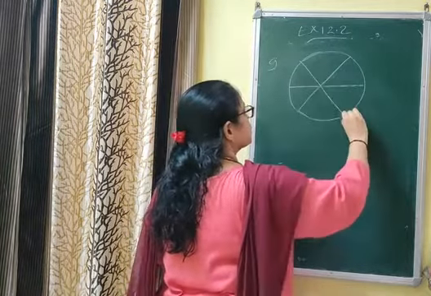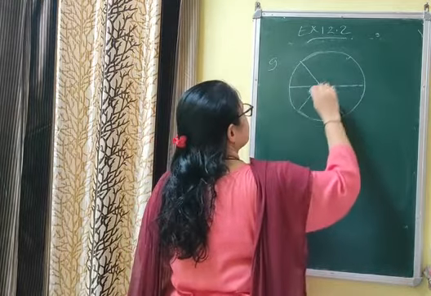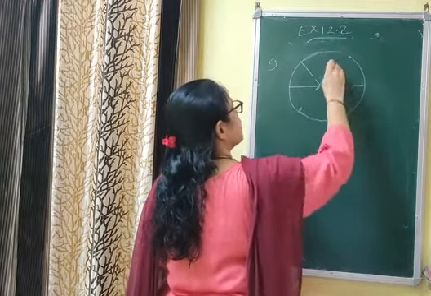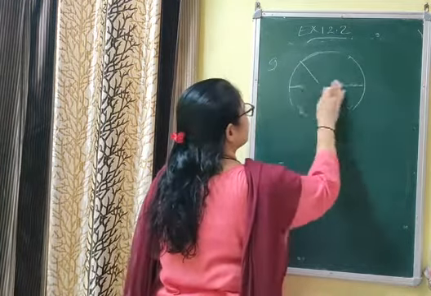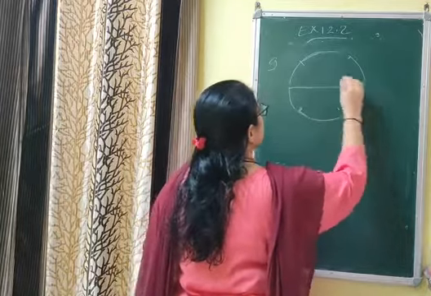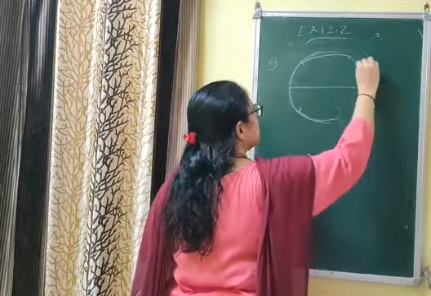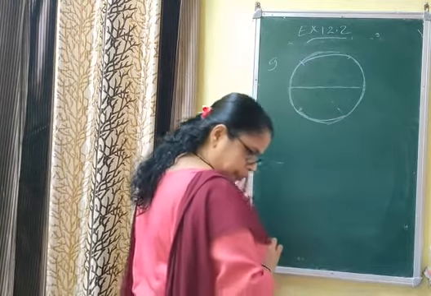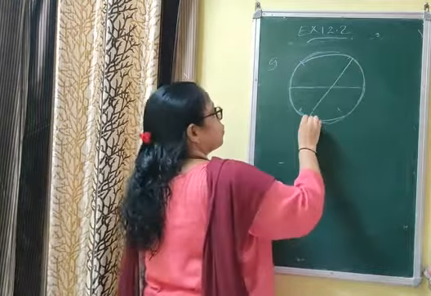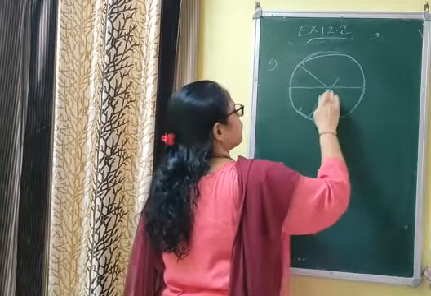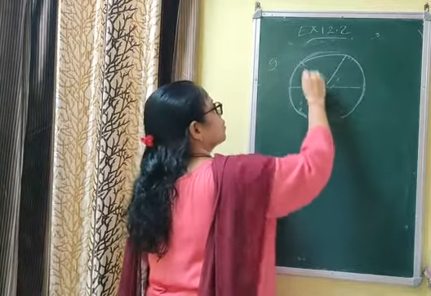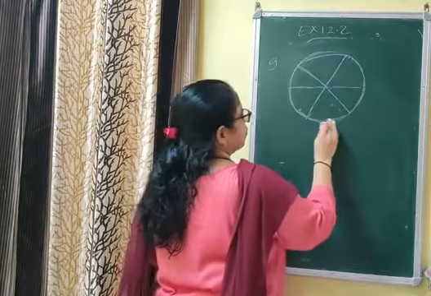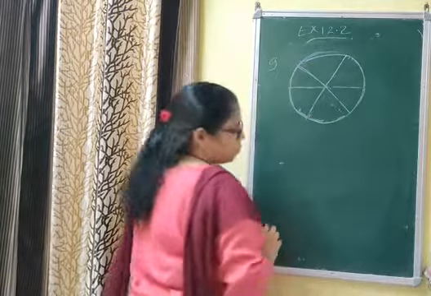I am trying to draw the figure. You can draw the figure from the book easily. There will be a diameter. This is the circle that you are given. सर्कल आपको दे रखा है, एक डायमीटर दे रखा है. Now first of all draw this. The figure is a little bit complicated. फिगर थोड़ा सा कॉम्प्लिकेटेड है. Without the figure you can understand anything. That is, I am drawing the figure.